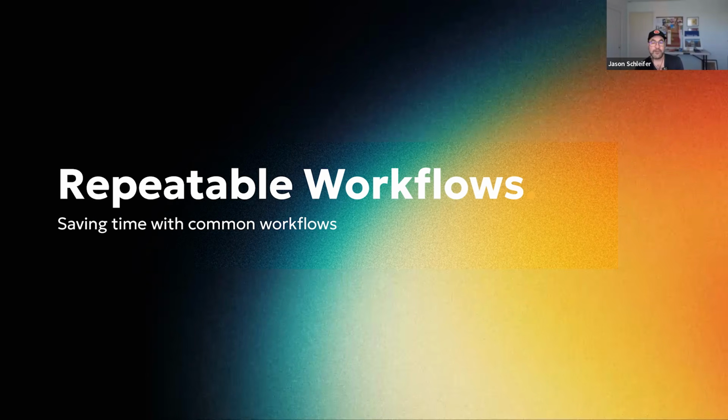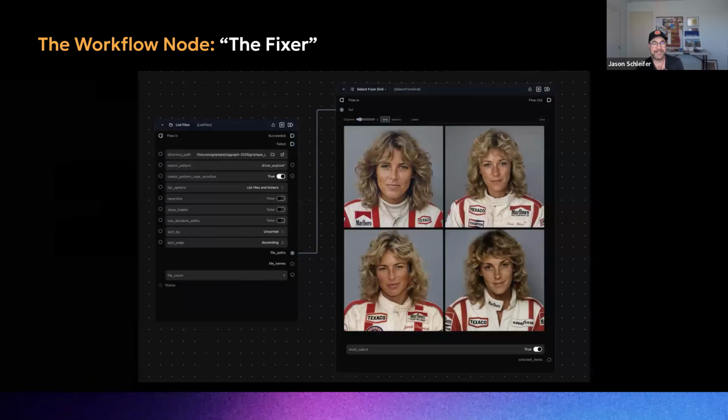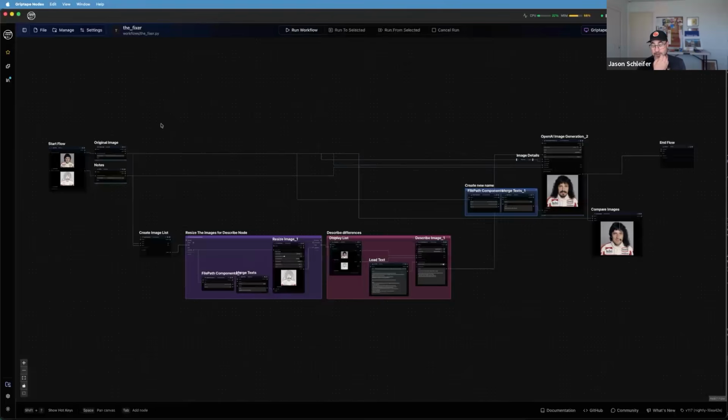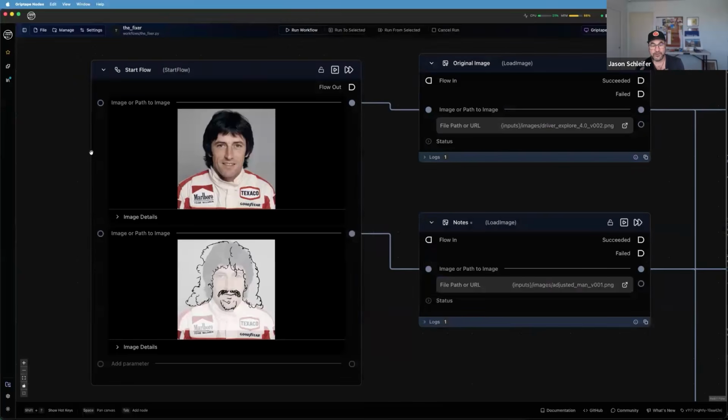One of the big things that we try to help people with is making repeatable workflows, so you can use things over and over again and build out little fixer workflows that do things. For example, this is one I called the fixer, which allows you to take an initial image and then do a draw over or provide a note, and then it will take those two images and pass them to